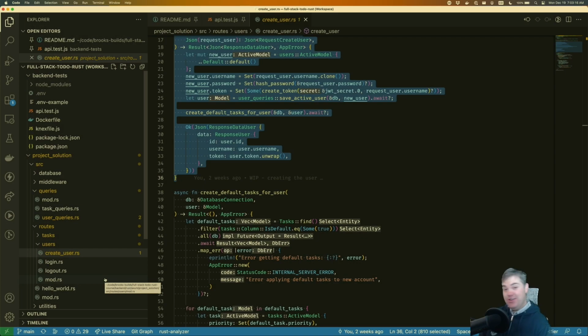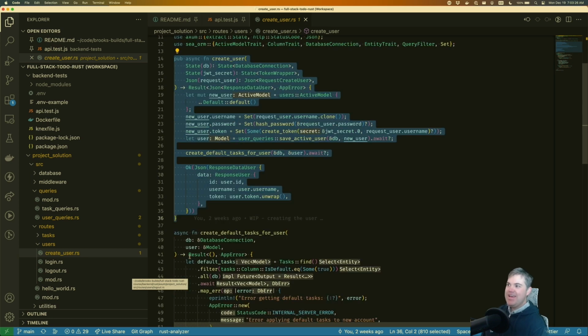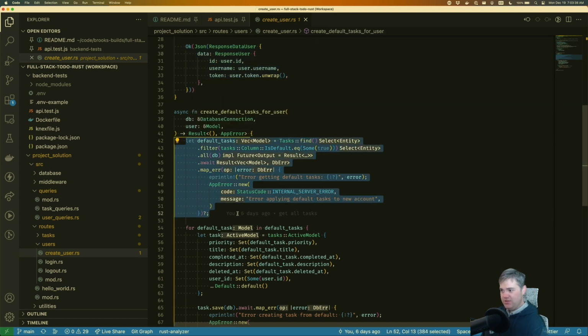All right, a new day and a new more refactoring. So when I left off, now this was a few days ago, but we had just finished refactoring the create user. So let's move on to the create default tasks for user. So something I've, let's see. So we want to get all tasks, but these need to actually be truly all tasks, but with the is